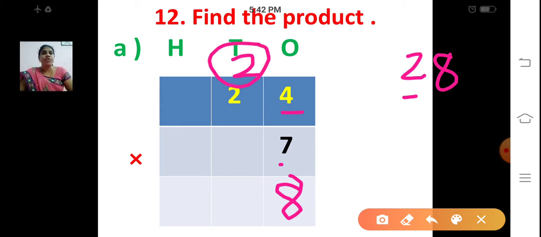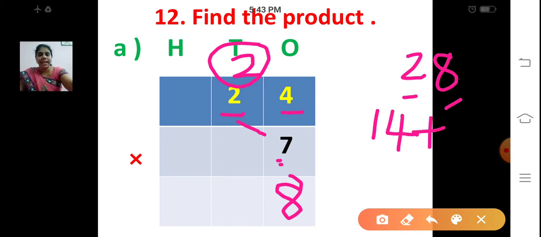So what is the first step? 4 7s are 28. 8, write down below the ones place. This 2 will be carried over to the tens place. Now let's multiply the digit at the tens place by 7. What digit are we having at the tens place now? 2, right? So 2 7s are, now we are going to multiply these 2. 2 7s are 14. 14 plus 2, we are going to add the carried over part.